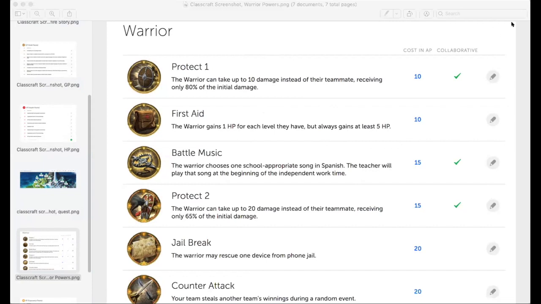And this is where I really got a lot of feedback from my students as to what kind of real world rewards would be motivating for them in Spanish class. And they were so creative and had such good ideas. These all came from my students because I was drawing a blank and they basically told me all of these. So for example, the battle music, the warrior chooses one school appropriate song in Spanish, and then I play